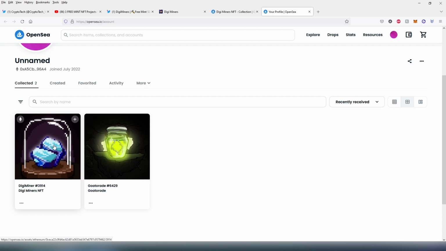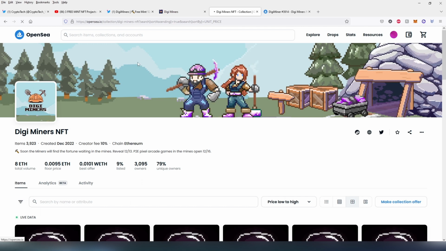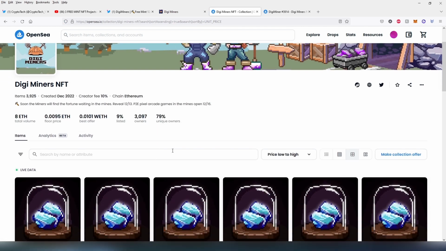So what I'm gonna do, I'm gonna press on it. And then in here, you can see there's a couple options. I can press on sell, I can transfer to somebody, or I can actually accept an offer. Somebody's offering currently right now 1% of wrapped Ethereum, because this is the way offers work on OpenSea. So if we go back here, I'm gonna refresh the page. And as you can see, floor price is